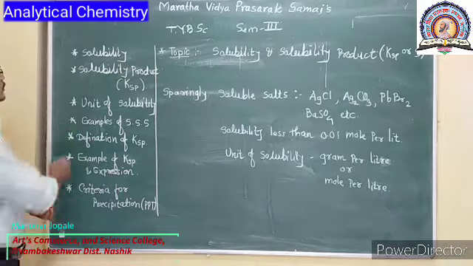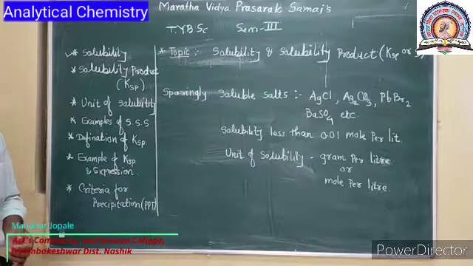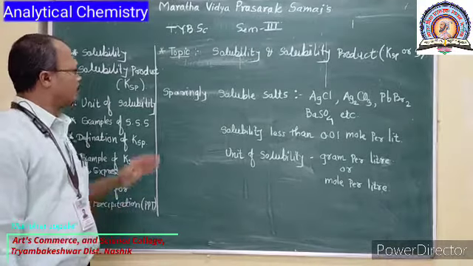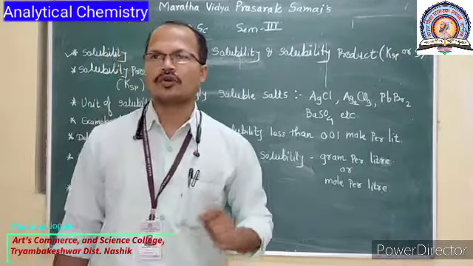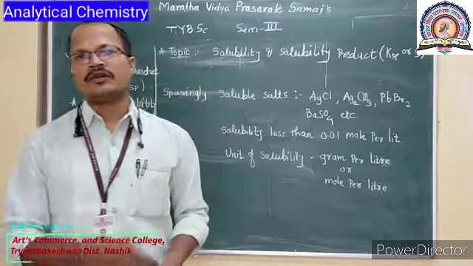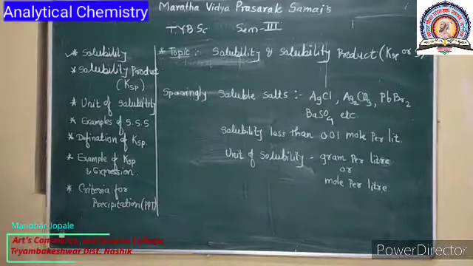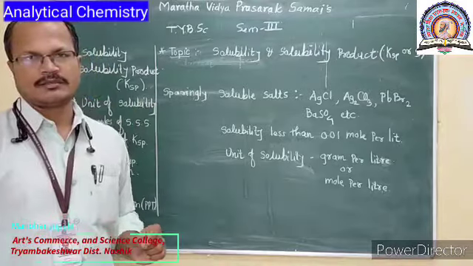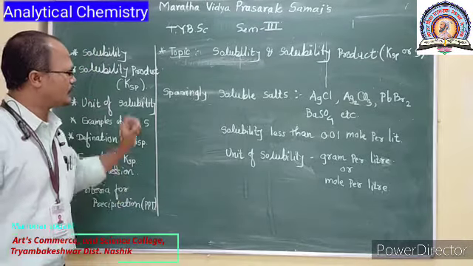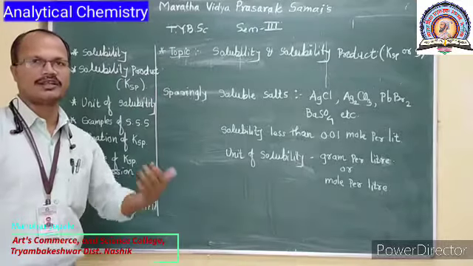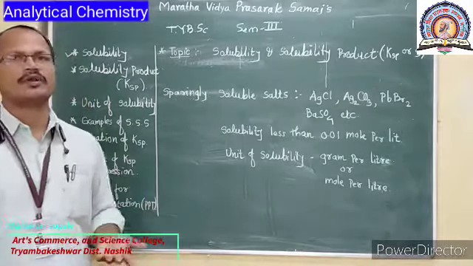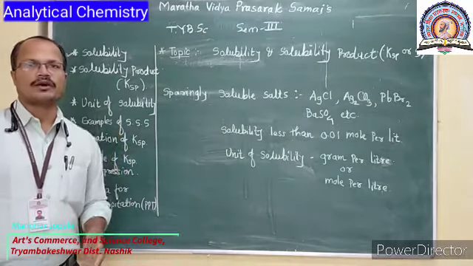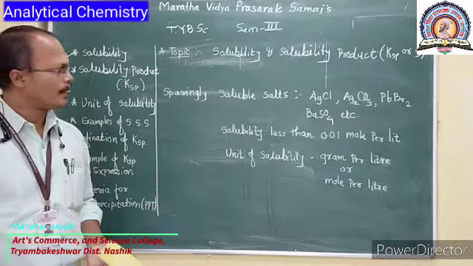Here we are going to highlight some points. First, the definition of solubility. Then another is the solubility product. What is the solubility product? The solubility product is assigned the symbol KSP, and why is it needed? It is needed in gravimetric analysis. What is the basic principle behind the solubility product? Why is it useful, and why is it more important when we prepare a precipitate?